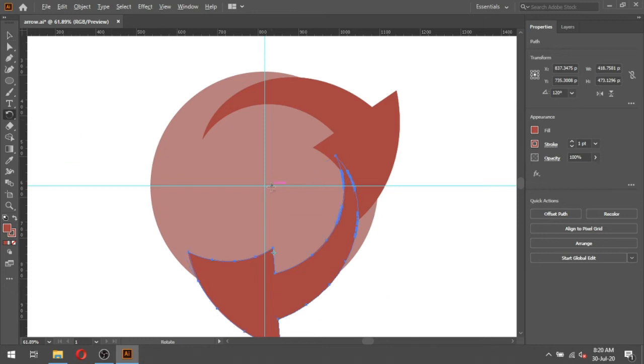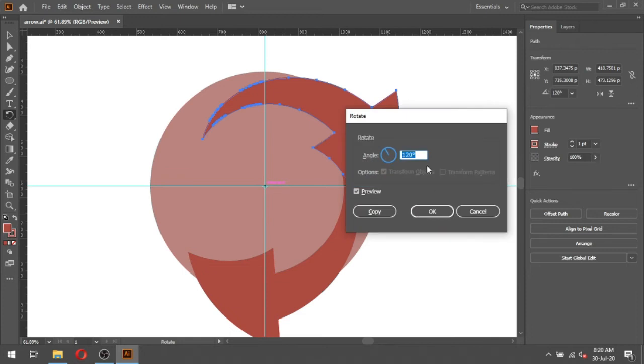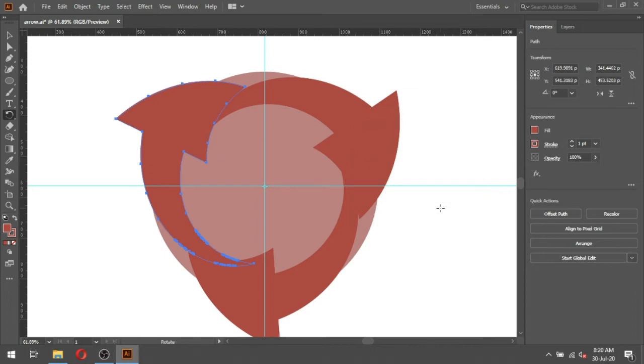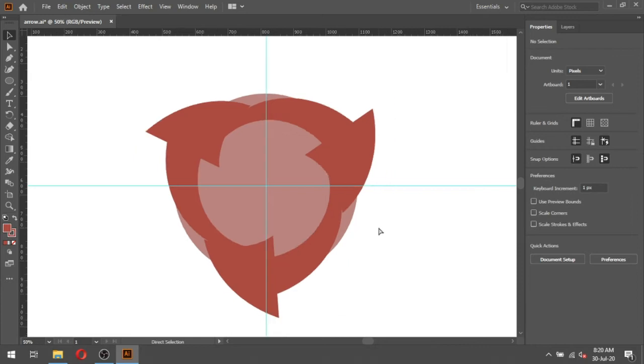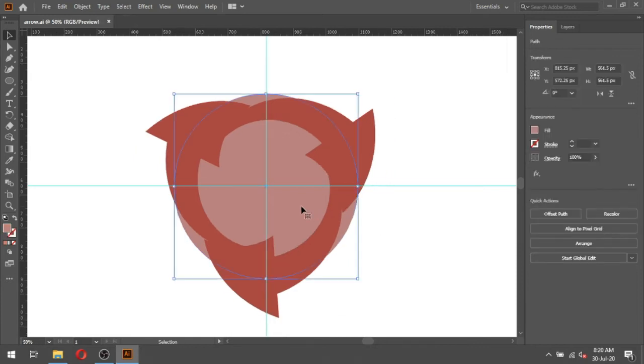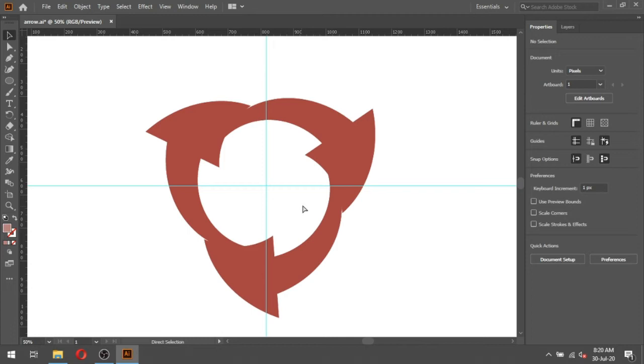Again hold on the Alt key and click on the center point. Rotate it 240 degrees. Now delete the circle.